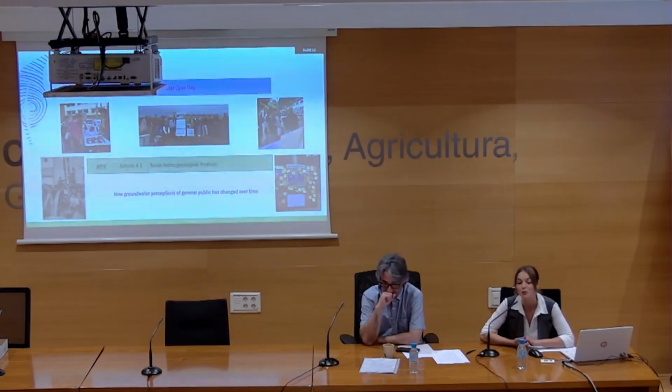Then those two activities are about reaching out to the general public. It's the groundwater open day. Every partner organized at least one day of dissemination about the aquifer, where we teach. In our case, we met with students at the university and also in the field, and we showed them all the instruments, all the tools that we use to monitor the aquifer, and what a monitoring campaign in the field means.